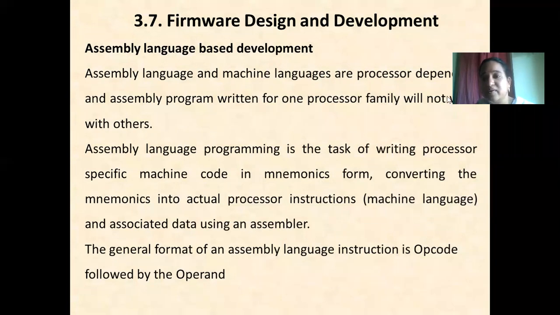Yeah. What do you mean by assembler? Assembler is the utility which converts the program written in low-level language or system-dependent language, that is assembly level language, into processor understandable language, that is binary code. So the utility which converts the low-level language into equivalent binary code is called an assembler.